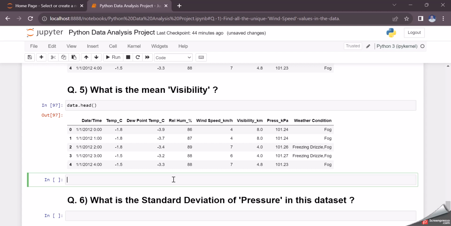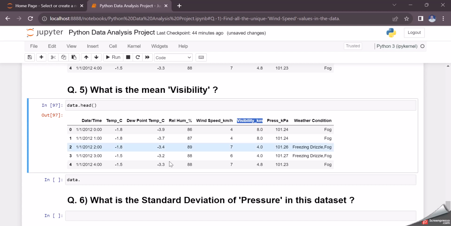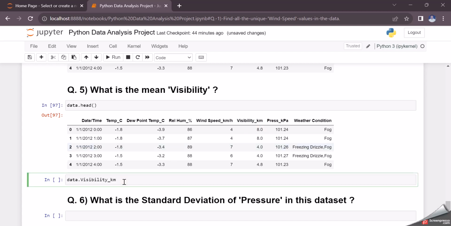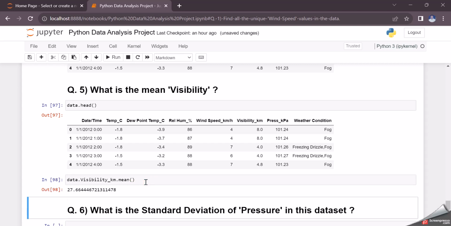Okay, so for that we have to just type data dot visibility, column name is here, visibility, and you just type dot mean. Dot mean will give you the mean visibility. Okay, if you run this, see, we can get the mean visibility, that is 27.6644 something. Okay,